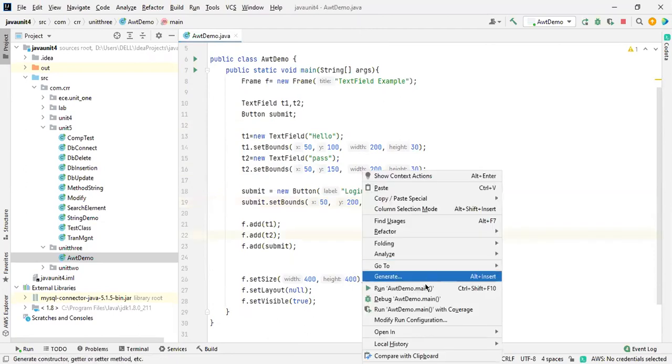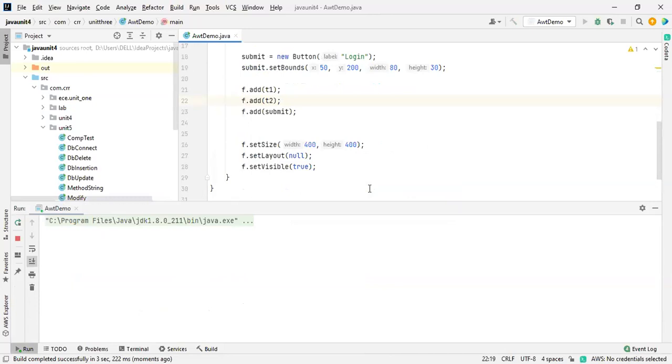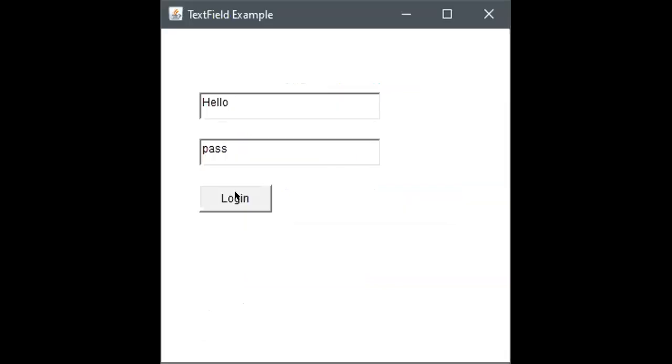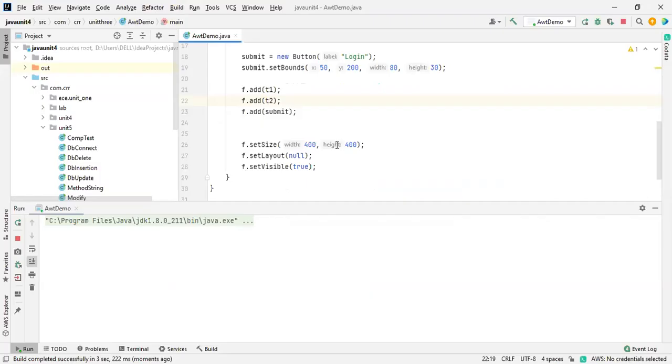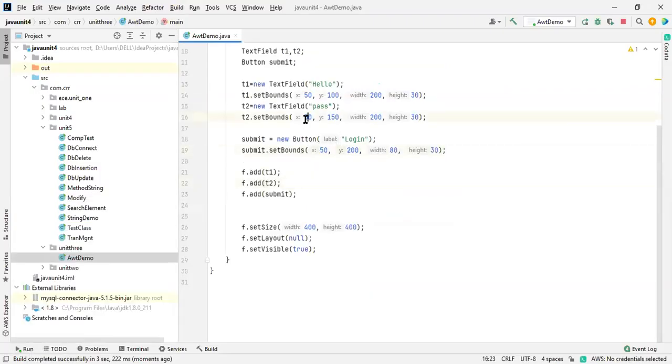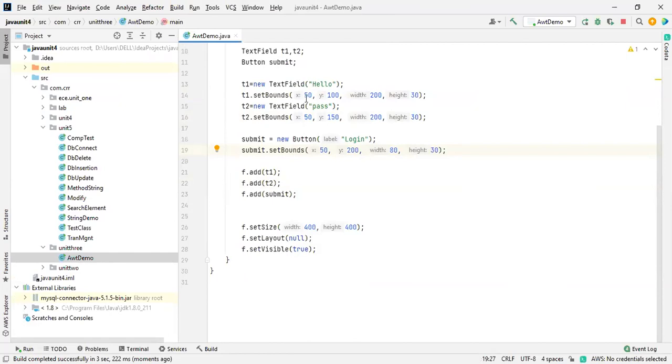Run this program. I will let you know what the problem is. Yeah, now it is working fine. See this one, now it is working fine. So I will explain the code now. See this one over here. This is the y-axis. This is the alignment of the x-axis. All of these are x-axis. It should be the same, in a single line, so there will be no changes at all.